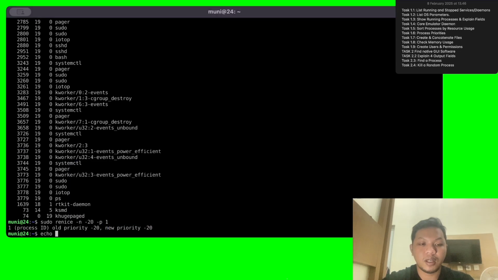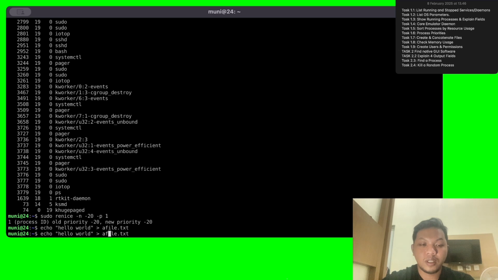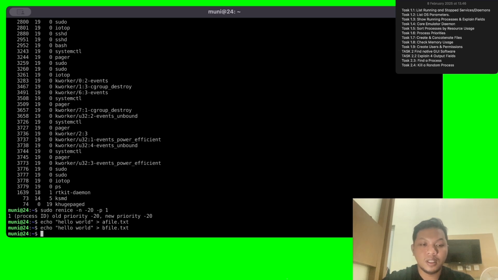So moving on, we want to create a file in Linux. We create a file by echo, and then the content hello world, and then save that into a file, let's say a.txt. Then we want to create another one using cat, and let's say we want to concatenate that file into a new file, cat a.txt, then b.txt, and then we want to save that into c.txt.